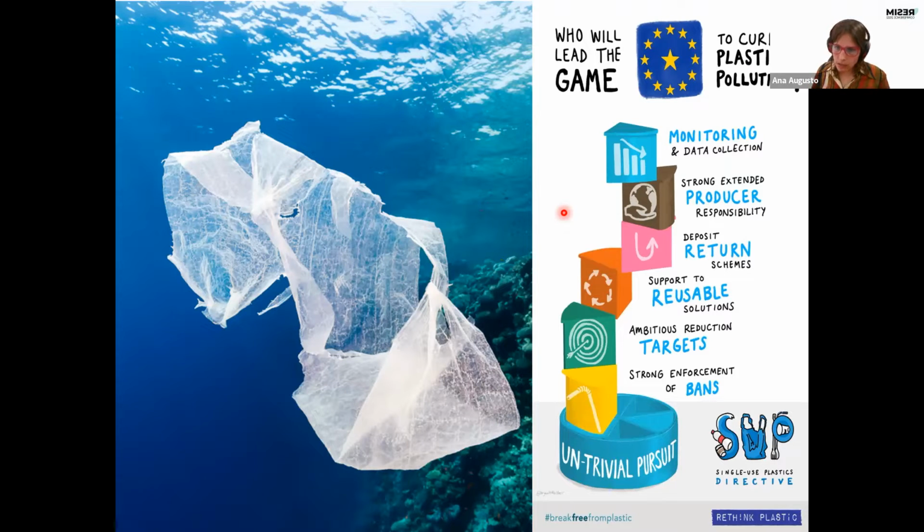with the single-use plastics directive, there is a new rule that the producers will be responsible for the deposit and for the use of the plastic materials that are used to store or to transport the food materials, which means that they will pay more, they will have extra taxes because they are using single-use plastics. And if you can use these edible coatings and films in the food industry, they will avoid these extra taxes, and at the same time, they will contribute for a more green